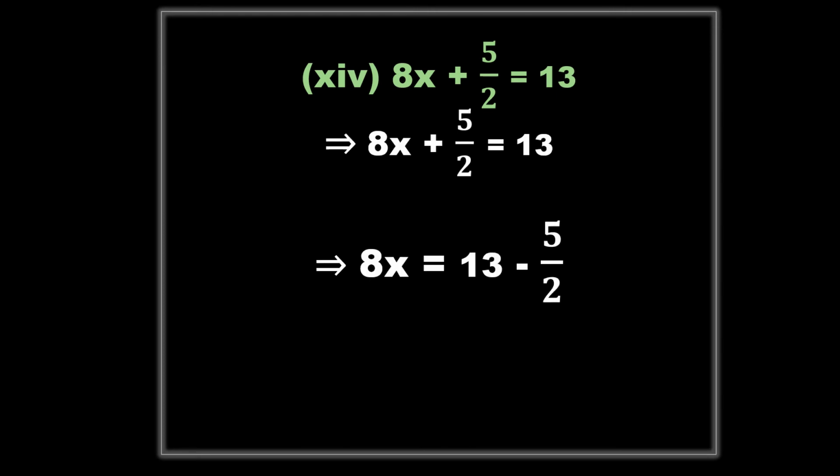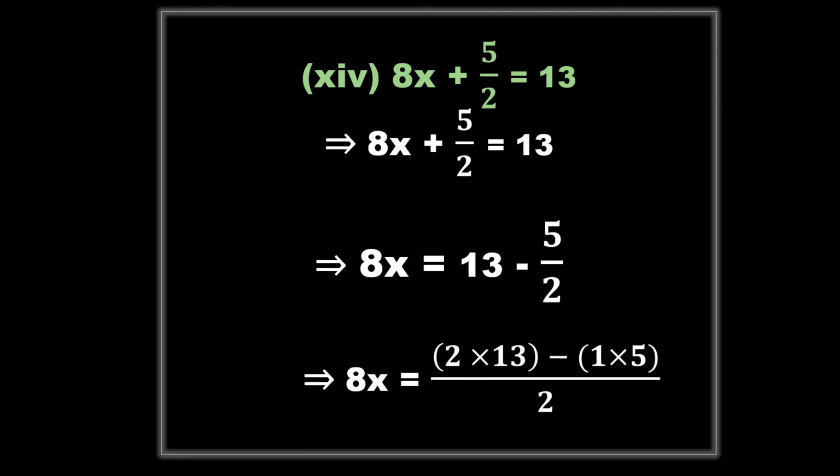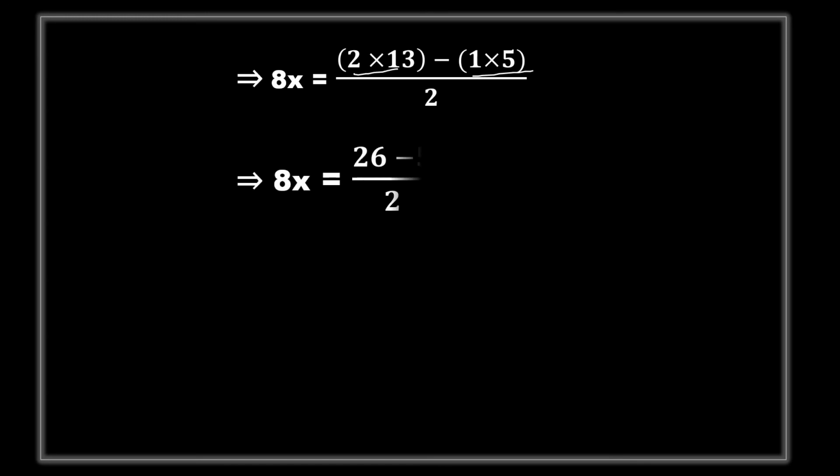Now here both are rational numbers. So whenever you are solving rational numbers, with minus or plus, like a fraction, you need to take the LCM. So if the denominator is 1, then 2 and 1 will have the LCM 2 only. Now 1 will go 2 times, so 2 into 13 is the numerator, minus 2 divides 2 as 1 time, so 1 into 5 is 5. You should be perfect with the LCMs. So now 13 2s are 26 minus 5. So 26 minus 5 is 21.